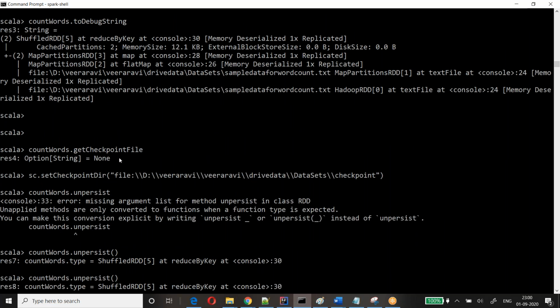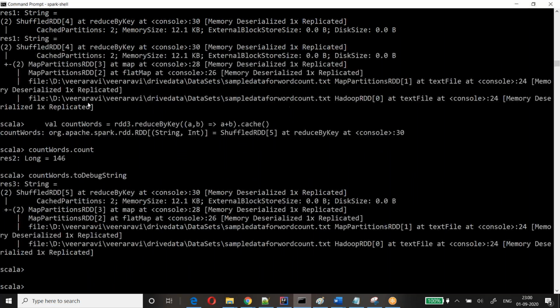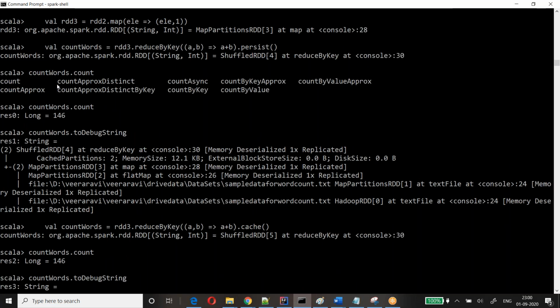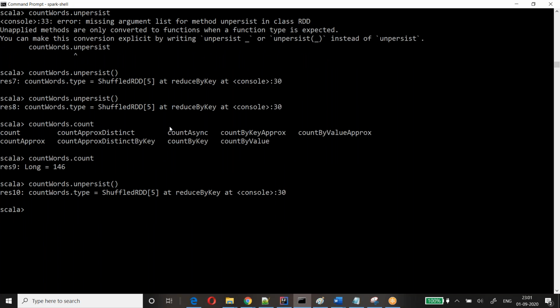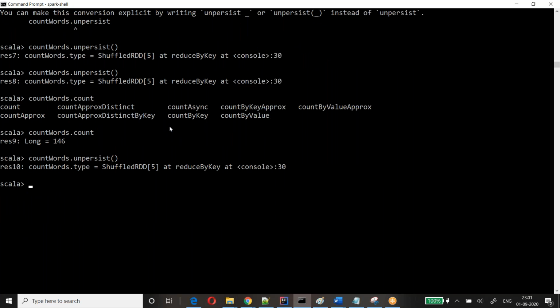Count words only. Count words only, unpersist. Why is it not working?